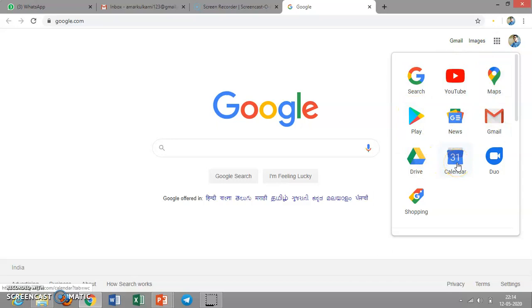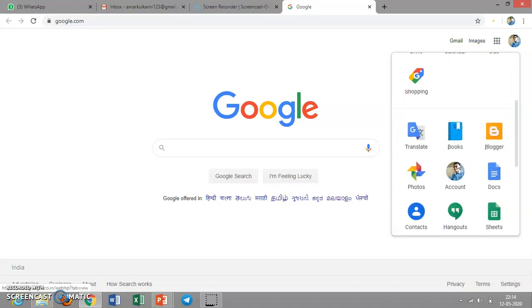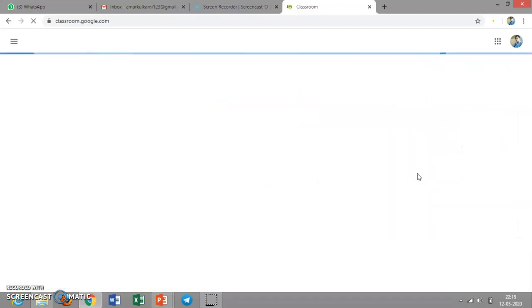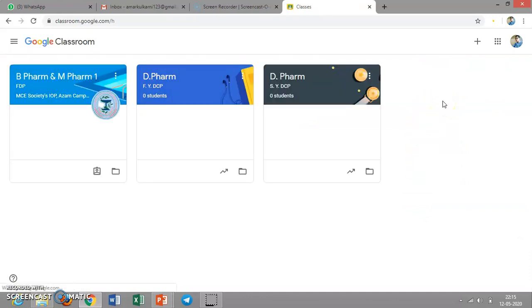By scrolling, you just search for classroom. See here. By clicking on classroom, you can go to your classroom. Just see here, these are the three classes.